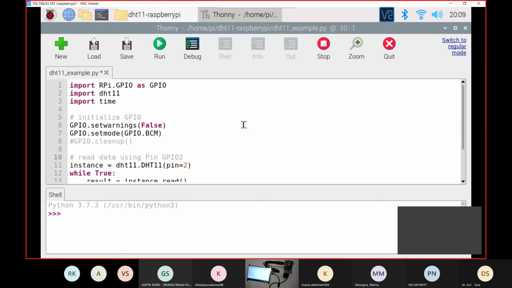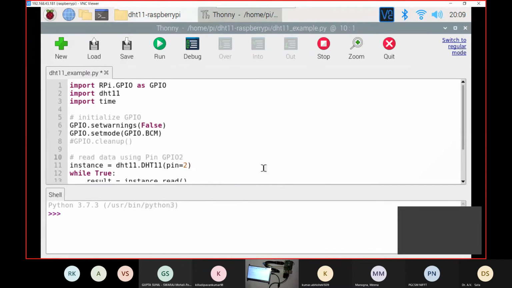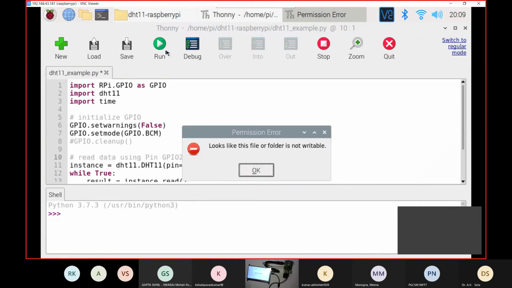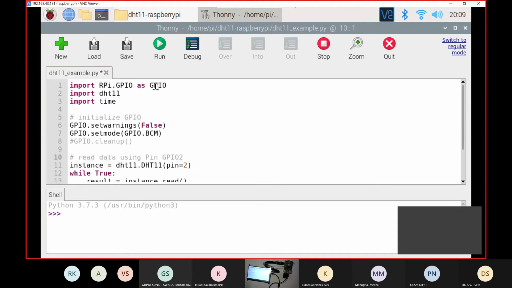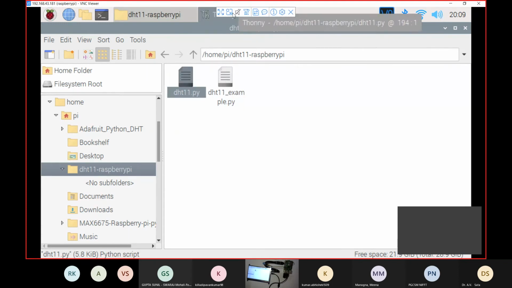So the code was running pretty fine, and we'll just check it over here. There is this permission error that I cannot use it. So we'll go to DHT11.